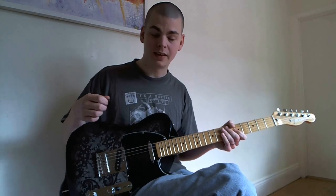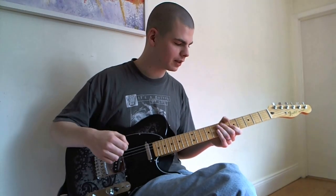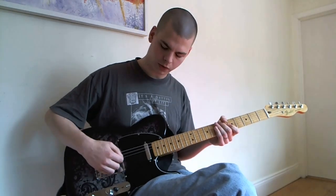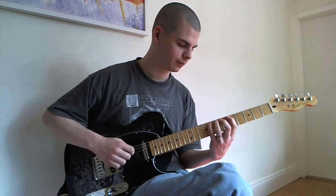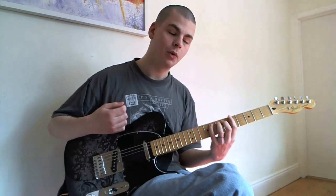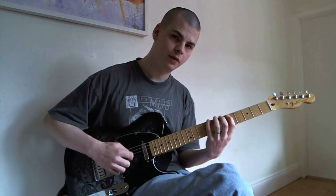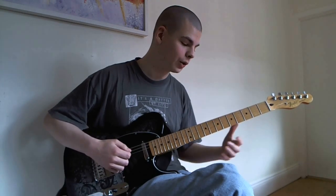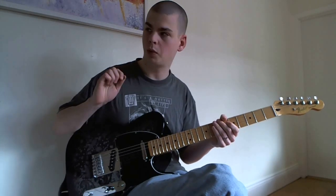And then the next most common picking style would be economy picking. So with this style, whenever you can move in the same direction, leaving a string, you go through it and go to the next string. So say if I'm playing an A minor scale, with alternate picking you go down, up, down, up, down, up. With economy picking you go down, up, and then you do one downstroke that moves through the next two strings, then it's up, down, and you see that ends on a down. So as long as you're only playing 3 notes on each string, every string can be crossed with this little sweeping motion. So if you watch my right hand carefully,